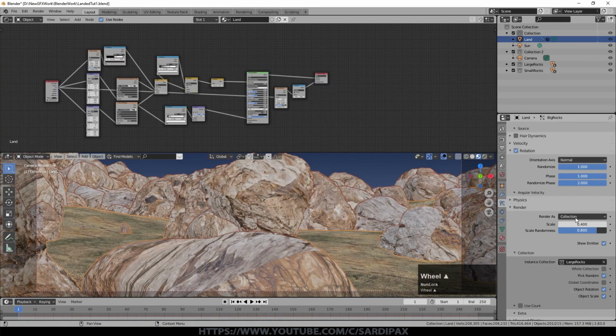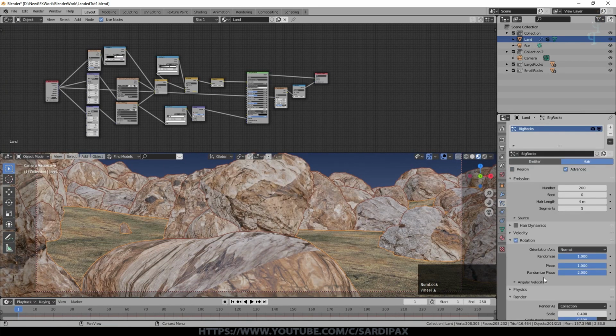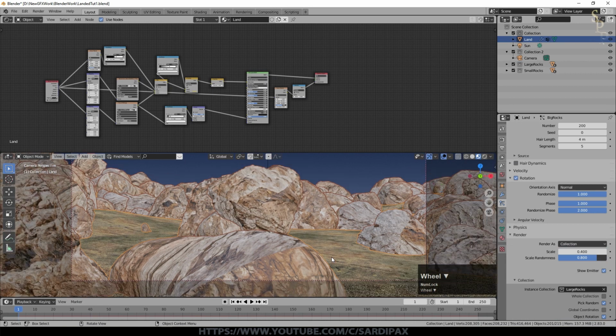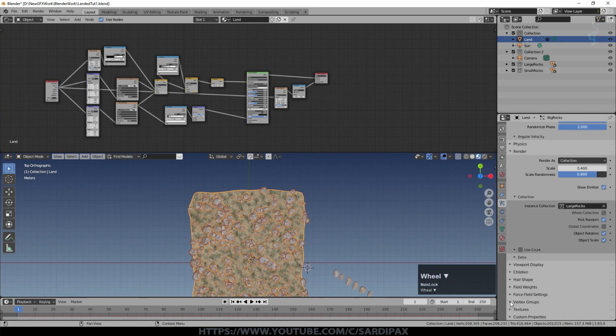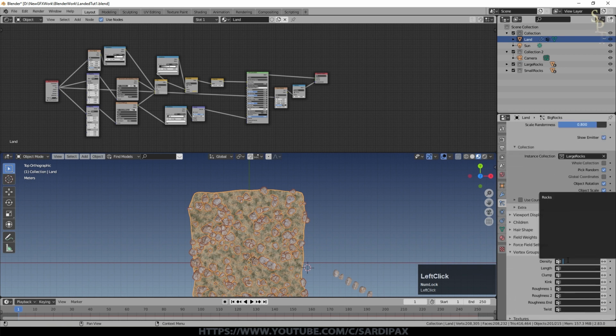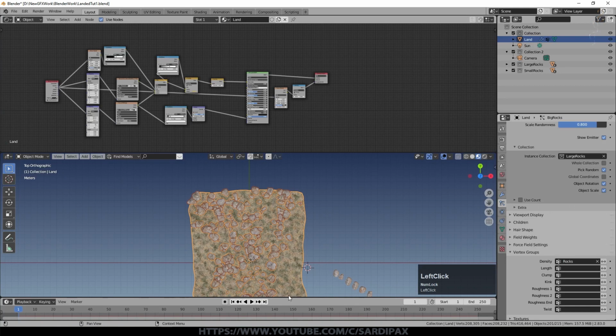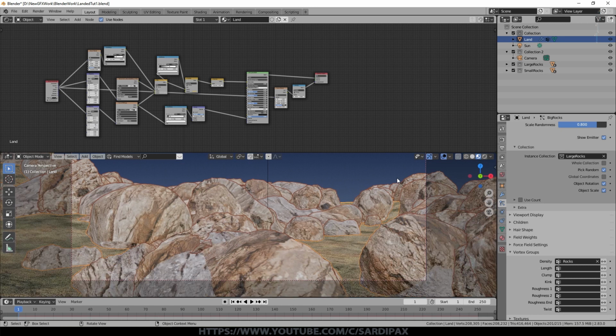And then what we do is obviously we're going to play around with where those rocks are placed. Now at the moment, if we look from above, they're all over the landscape. So if we come down here under vertex groups, we can say for density, use the rocks vertex group. And now you can see there that cone that we defined a little while ago. So that just means we're not rendering rocks where we're not even looking with the camera.